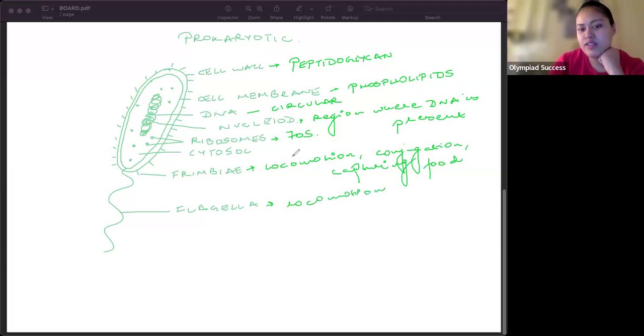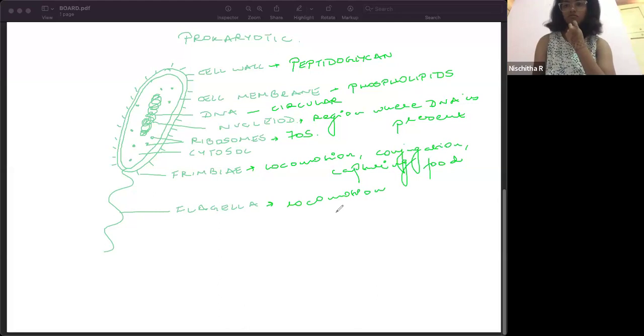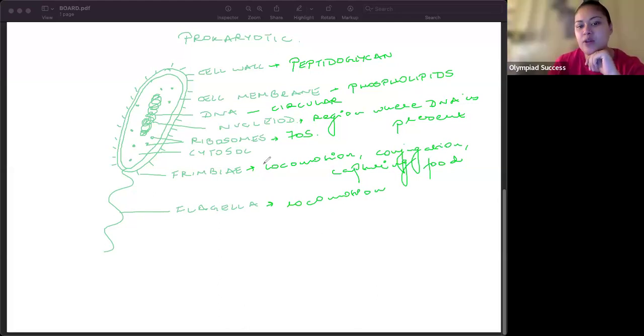Now, do you know what is a 70S ribosome? No, ma'am. Okay, so what happens is there are two types of ribosomes. Prokaryotes have 70S, eukaryotes have 80S. Ribosomes are made up of two subunits, right? There's a large subunit and there's a small subunit. And they will come together when protein synthesis needs to occur. So 70S, S is nothing but a unit that we use to measure the amount of proteins that is present. So S is your Svedberg unit, named after a scientist. This unit measures how much protein is present.